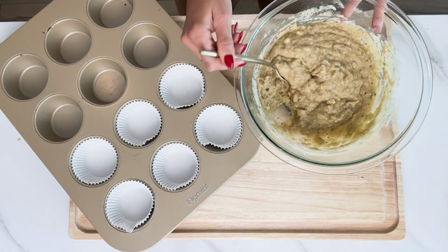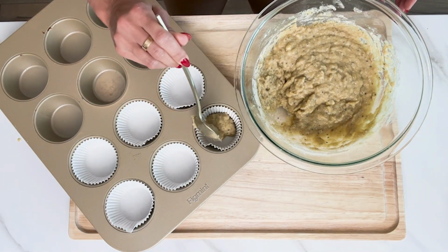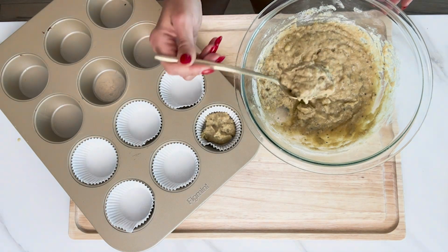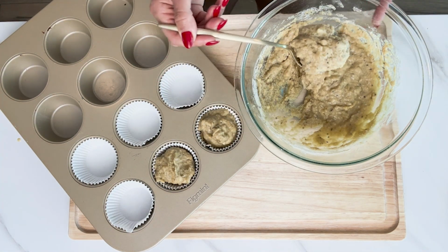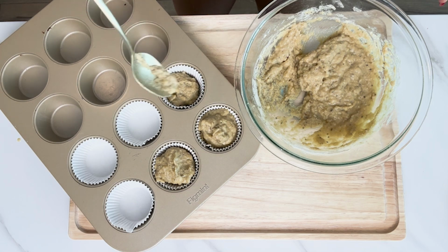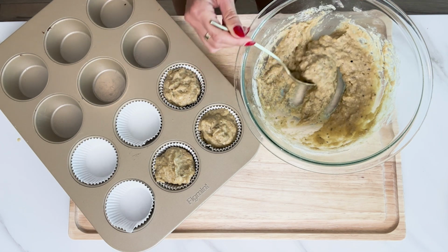Next, we have the easy part, which is just putting the mixture into our muffin tins. Again, depending on the size of the bananas, it's going to make a different amount of muffins for everyone. This should make around 6